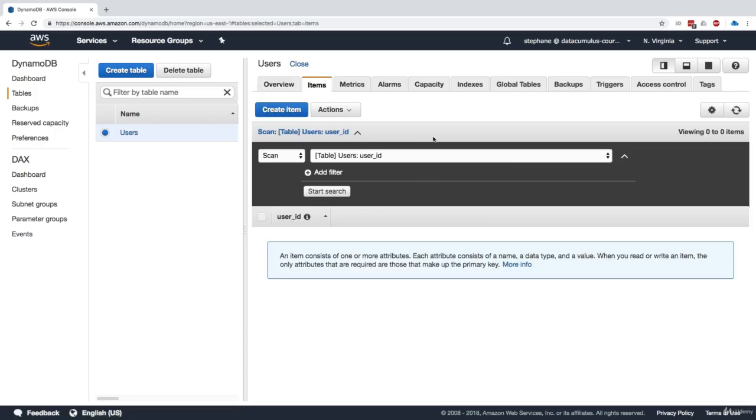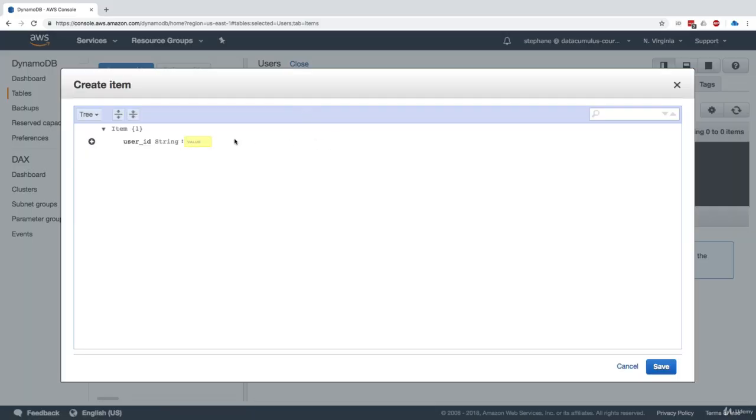Okay, that sounds good. Now, if you go to items, this is where stuff gets more interesting. Here we are able to add data to our table. As we've seen before, an item consists of one or more attributes. So let's try to write an item. We're going to create an item, and for user_id, I will just put something random. Here I'm able to append a string, for example, and have the field I want. So, first name, and I want the first name to be equal to Stéphane. And I will append a string, last name, Maarek. Excellent. So this is me. I have my user_id, which is something random, the first name is Stéphane, and the last name is Maarek.